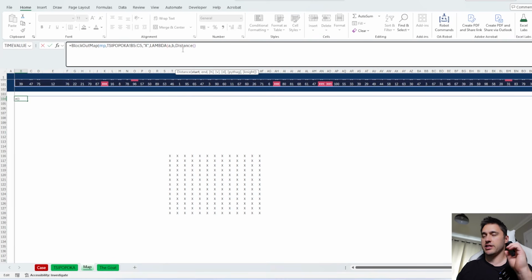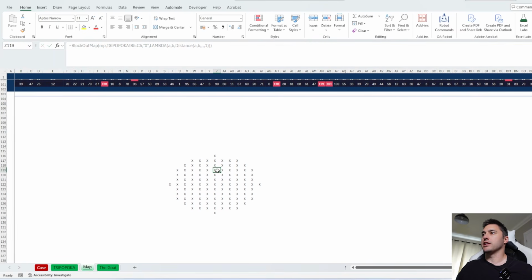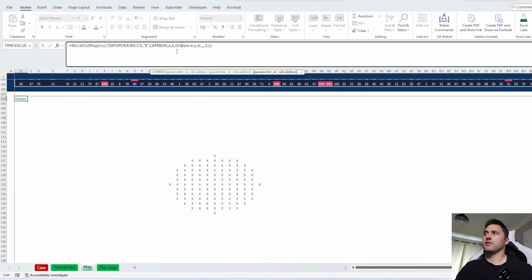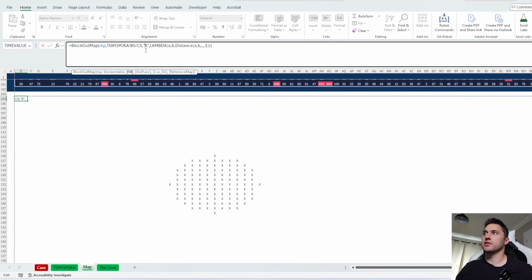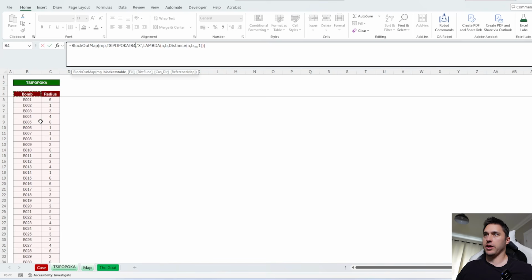So I have a distance function that takes a start cell and an end cell. So I could say take start cell of A and an end cell of B, and I already have a Pythagorean formula built into that. So what that will do is it will kind of turn that into a circle, if you like, because it's working off Pythagorean distance from the start instead. The reason I've set it up so custom is so I can do any kind of function I want to determine the distance. And of course I can take a whole blocker table, so I can take this whole thing